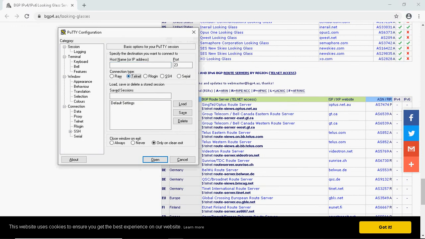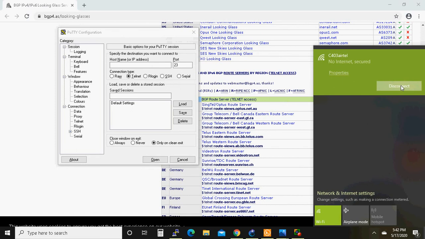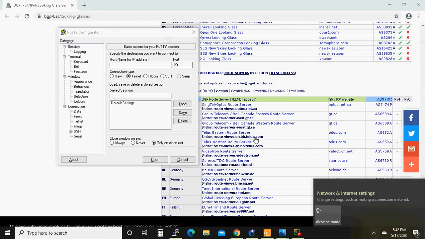Okay, there is a problem with the internet connection, that's why it's not opening.